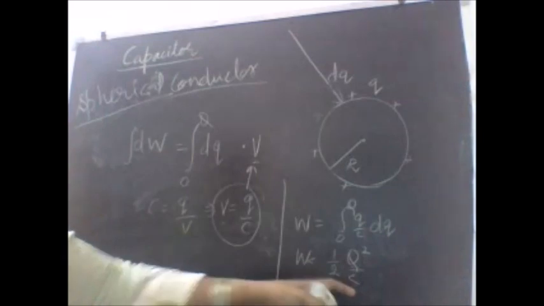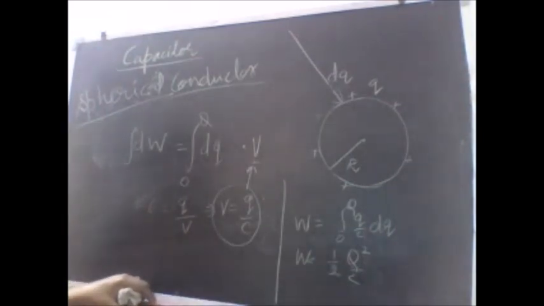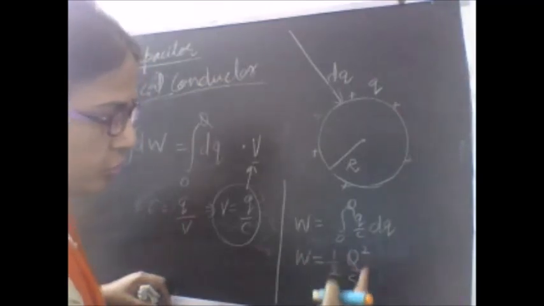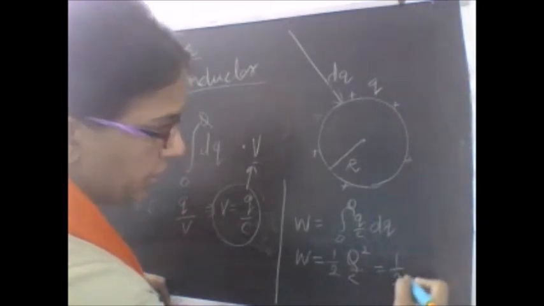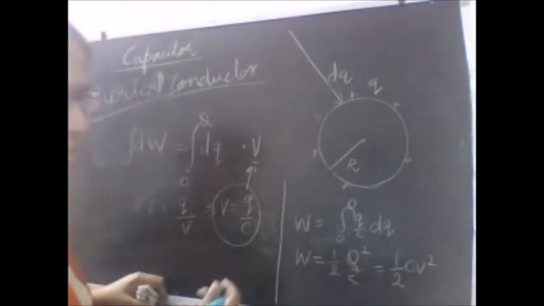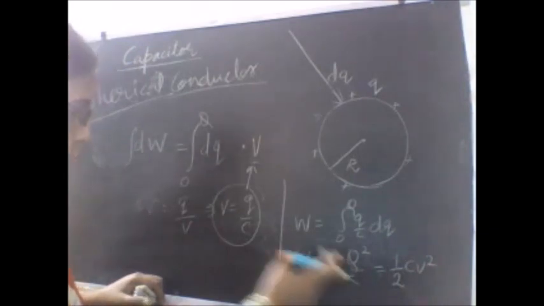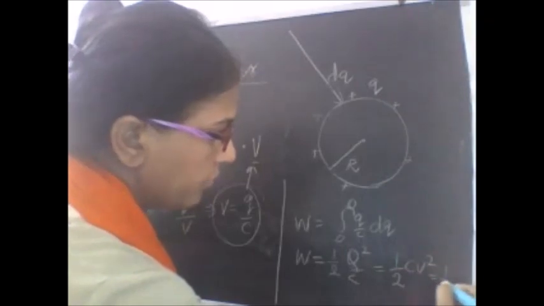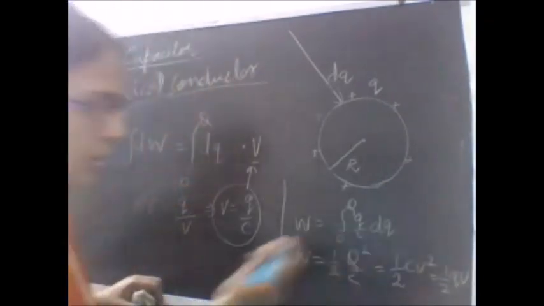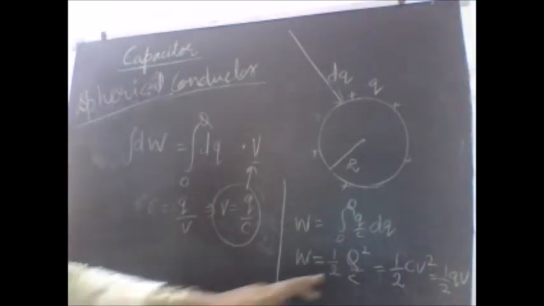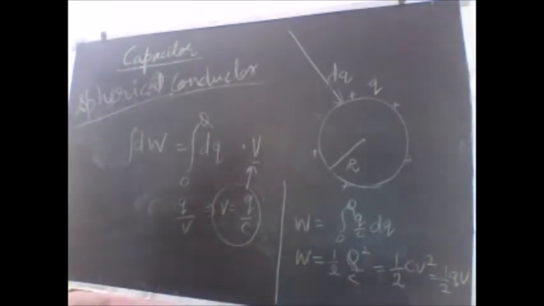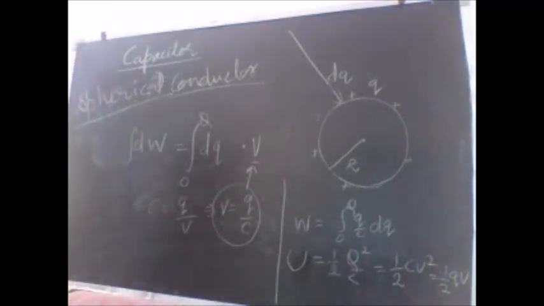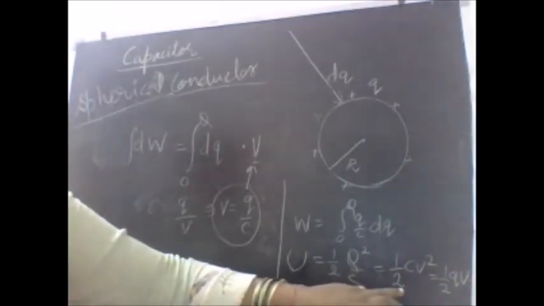I can derive two more formulas using the formula for the capacitance, putting the values there. Either you can use the energy formula as half Q square by C, or it can be obtained as half CV square. You have to simply substitute the value of the charge Q from here. Or it can be written as half QV. These three formulas are there for the energy which is stored in the capacitor. Instead of W, since this is the amount of work done and this only is the energy which is stored, I can use the symbol U, which is the energy stored in the capacitor.